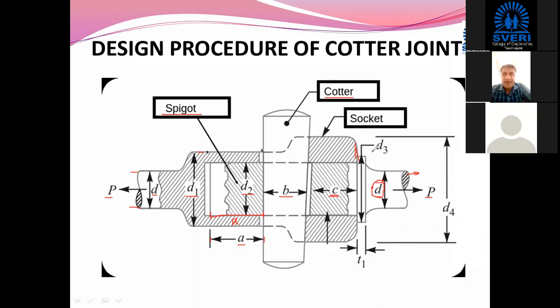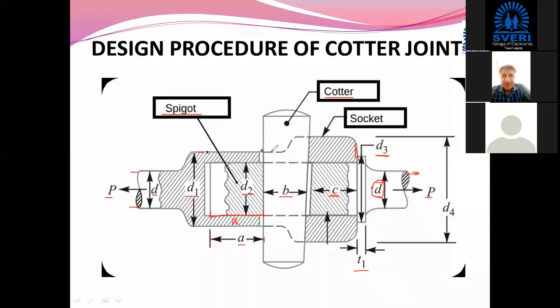Now we have provided one collar on the spigot so that it will not go inside the socket pocket. The collar resists insertion. This collar has a thickness equal to T1 and a diameter equal to D3.